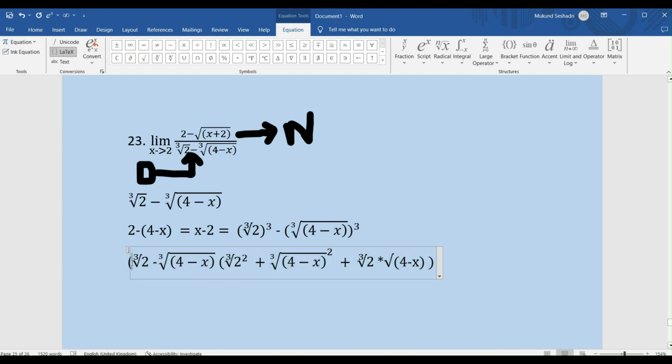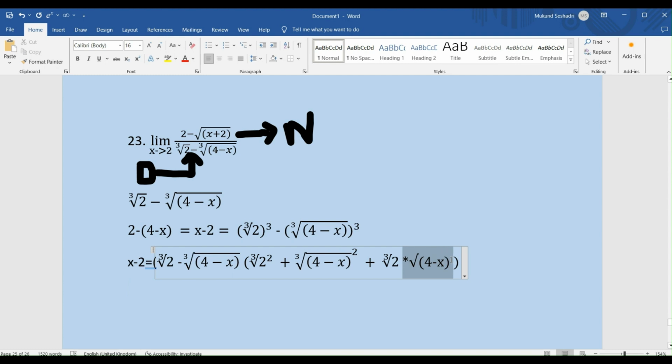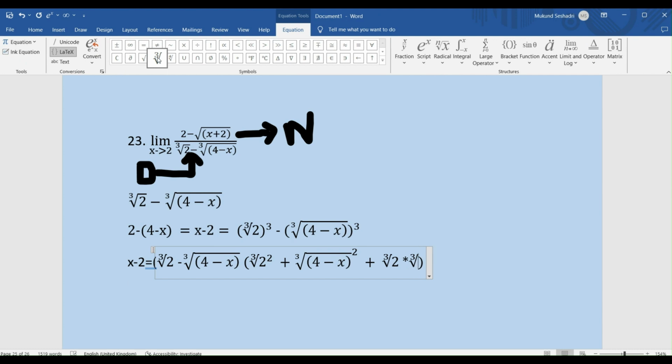So this is my x minus 2, right? So my x minus 2 is rewritten as cube root of 2 minus cube root of 4 minus x into cube root of 2 the whole square plus cube root of 4 minus x the whole square plus cube root of 2 into, I think this is a cube root, right? Let me correct this. Cube root of 4 minus x,